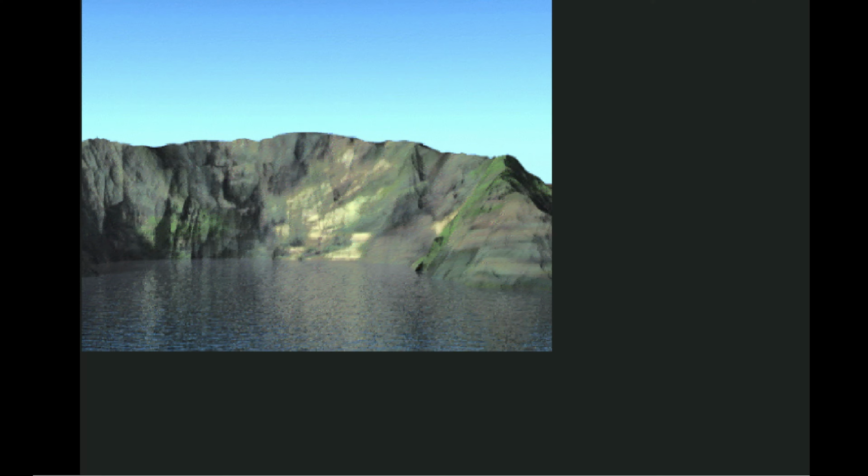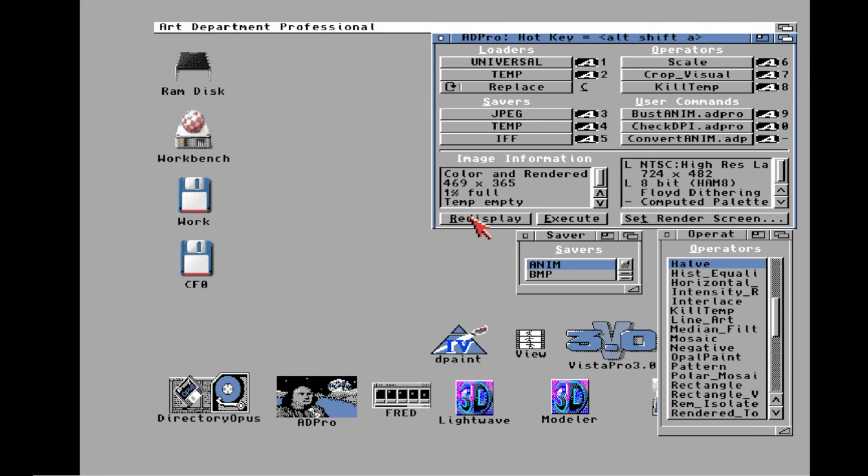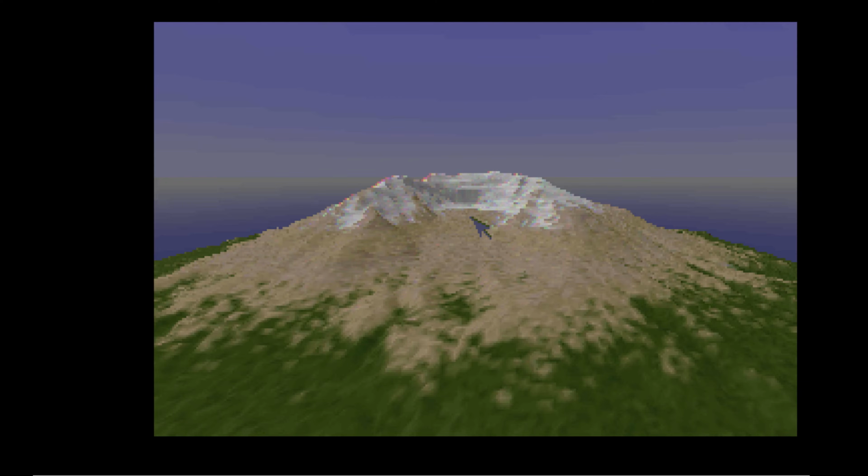But this is just to give you an idea of how you get from VistaPro to here so that you can even do this. You could model this yourself. You could create this in the Lightwave modeling program, but that would take a lot of work. There's a lot of polygons there, and it's a lot of detail. It's very time consuming, and gosh, wouldn't it just be great if we could just come back over to VistaPro,